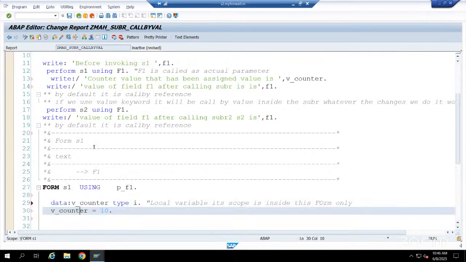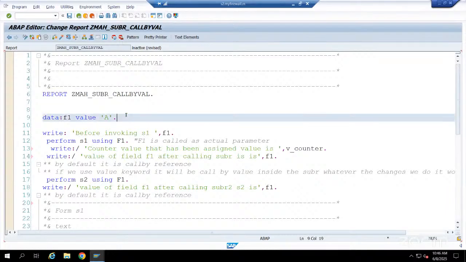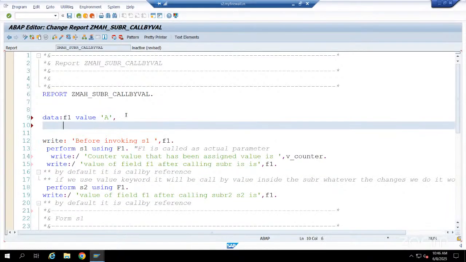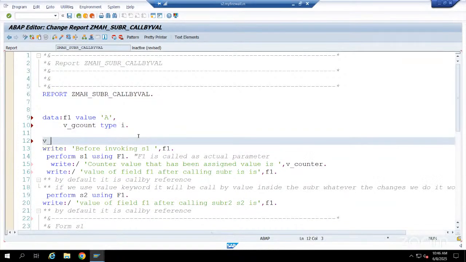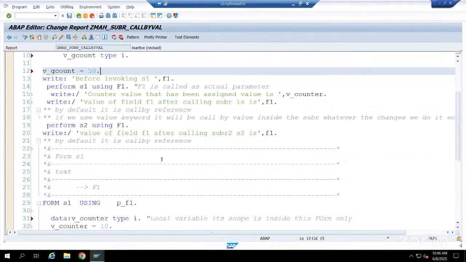Whereas if you define one more variable here, for example, v_global_counter type I integer. So if you take this one, g_count is better. Okay. Now v_g_count equal to 50, for example. Now if we print g_count,